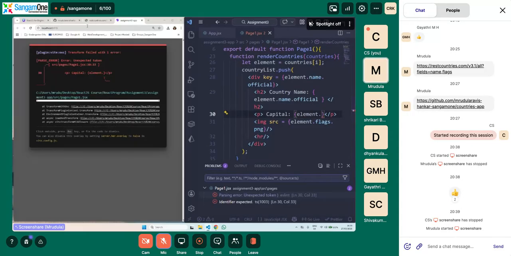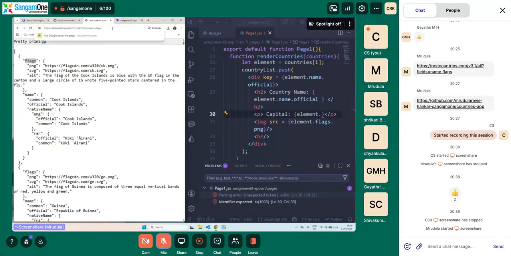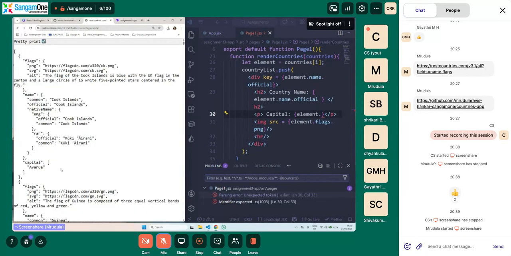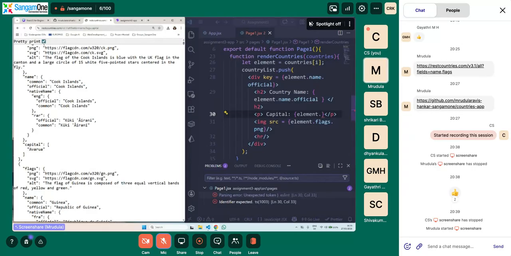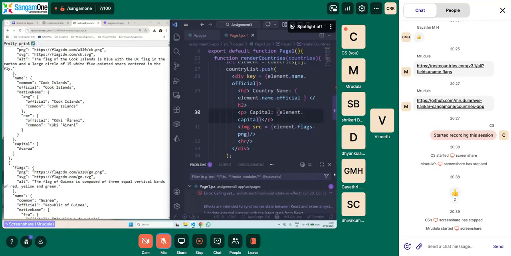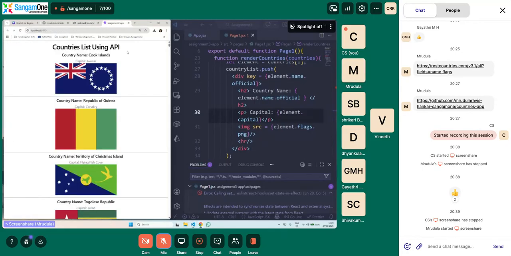Let's go back to our REST API and see capital. Here we have it under capital, so we will just say element dot capital. We save this and go back, and you can see we have the country name, the capital of the country, and then the flag.